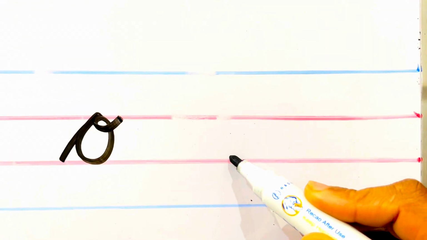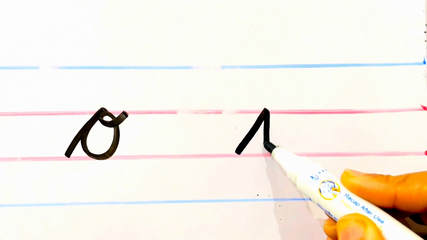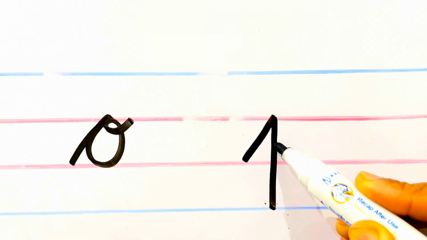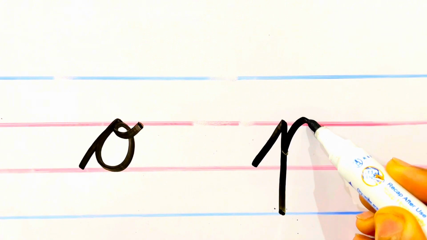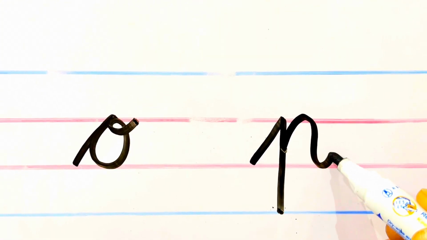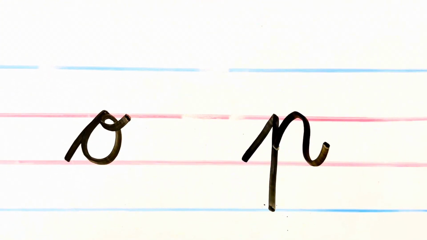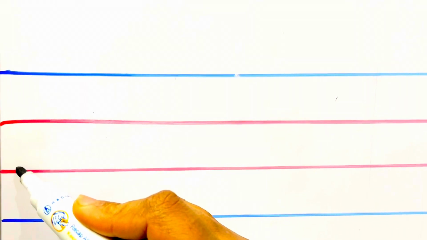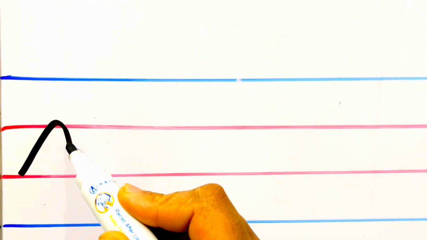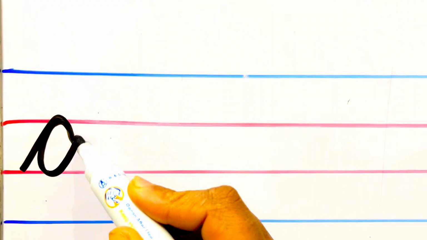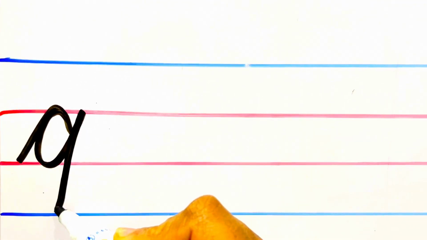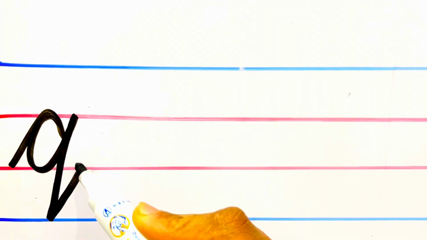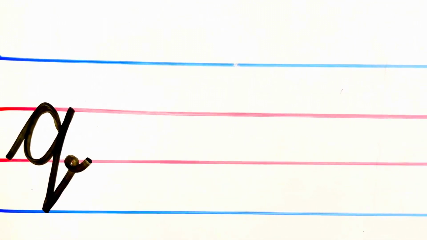To write P in cursive, we draw a slant line, make a slant line that touches root line, then make a slant line with a bump and a tail. To write Q in cursive, we draw a slant line, make a right curve, then draw a slant line that touches root line and then make a connector with a slant line.